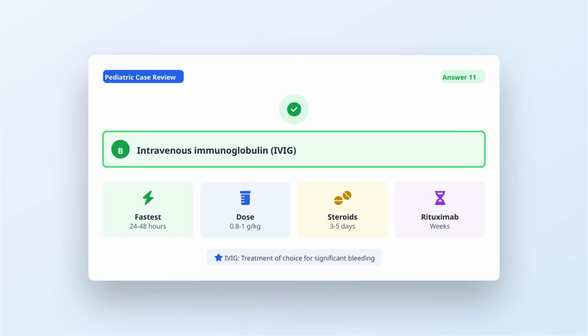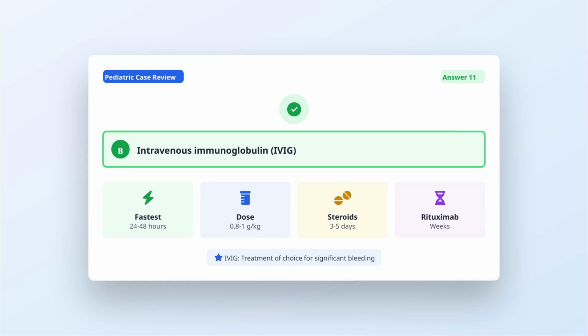Intravenous immunoglobulin provides the most rapid increase in platelet count, usually within 24 to 48 hours, making it the treatment of choice for children with significant bleeding. The typical dose is 0.8 to 1 gram per kilogram as a single infusion. In comparison, corticosteroids typically take 3 to 5 days to significantly increase the platelet count. Anti-D immunoglobulin works faster than steroids, but slower than IVIG, while rituximab may take weeks for effect and is reserved